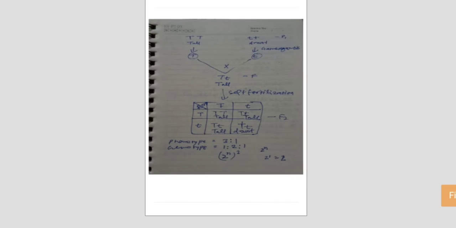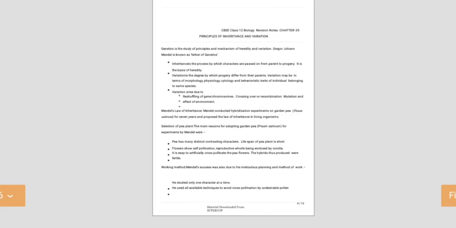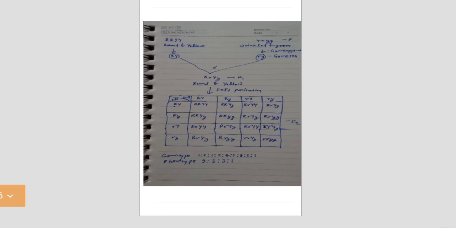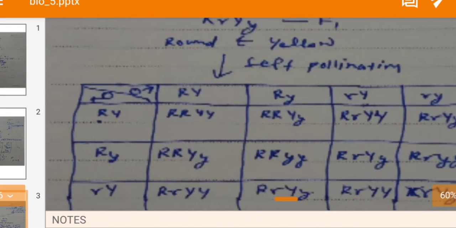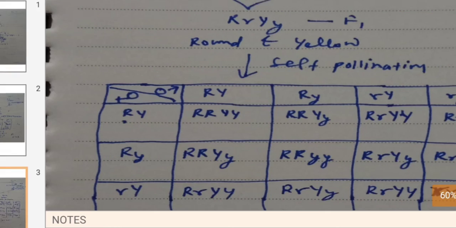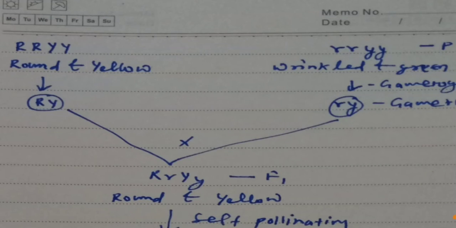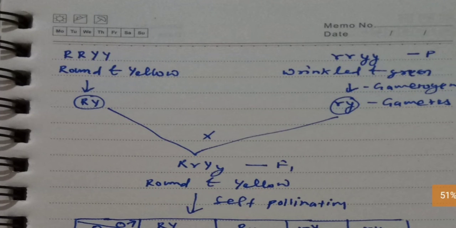We have to see the next dihybrid cross. You have to see here a dihybrid cross before starting the next thing. See here, this is a good example of a dihybrid cross I have drawn for you. I have chosen a pure round and yellow seed pea plant, and another is a pure wrinkled and green pea plant. So this is the P1 generation, and during the gametogenesis process, the number of genes becomes half, and the gametes are capital Y and